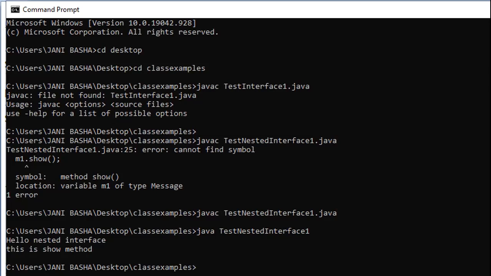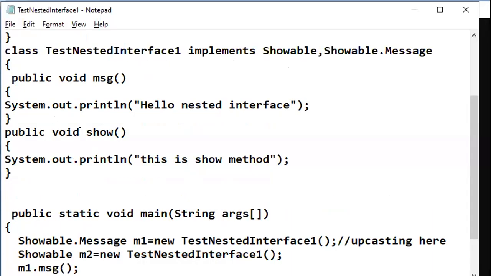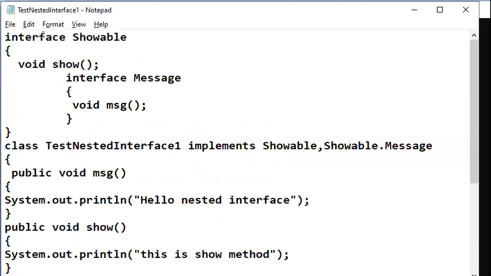Okay, so what is the modification I have done in this program? See, this show method is related to the interface Showable, and this msg method is related to the Message interface. If you want to refer to this method, you need to go with this name, Showable.Message.